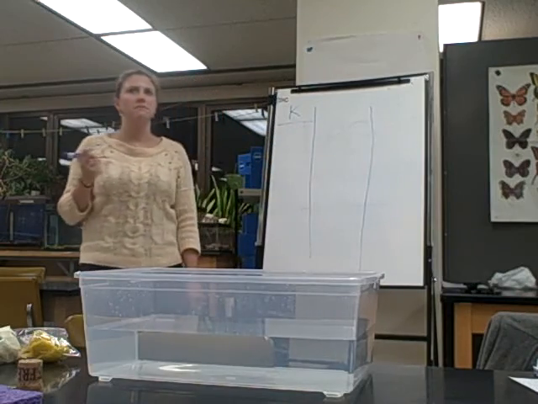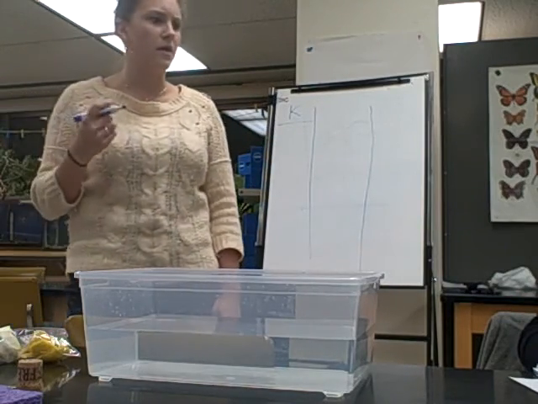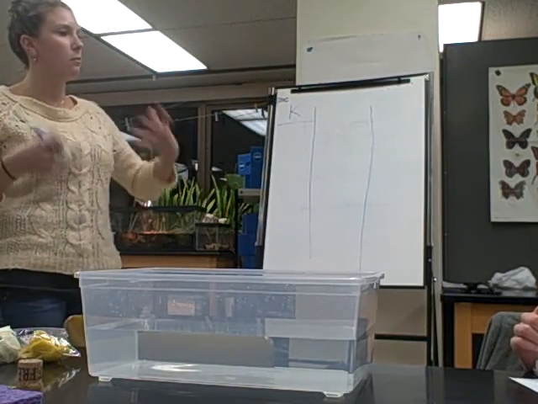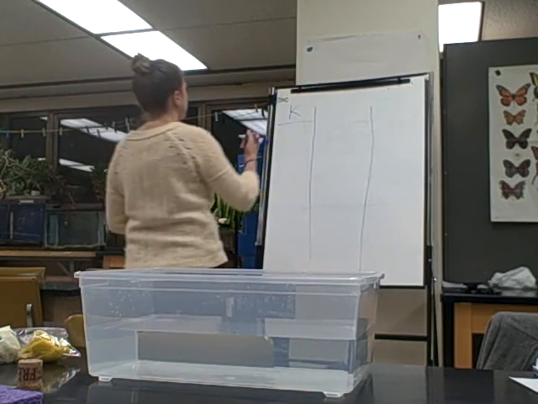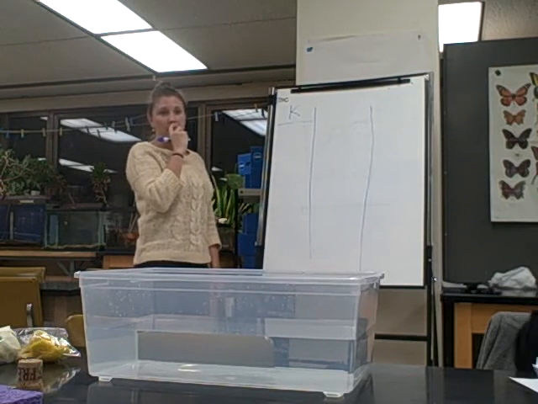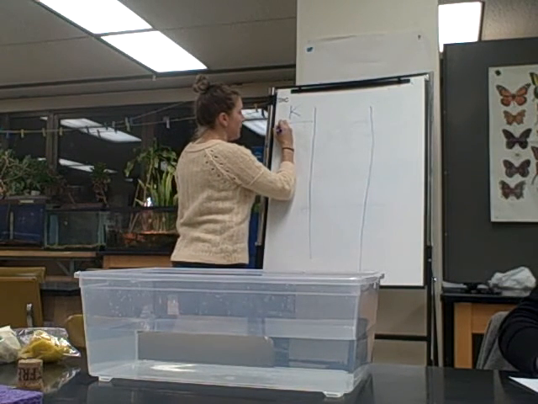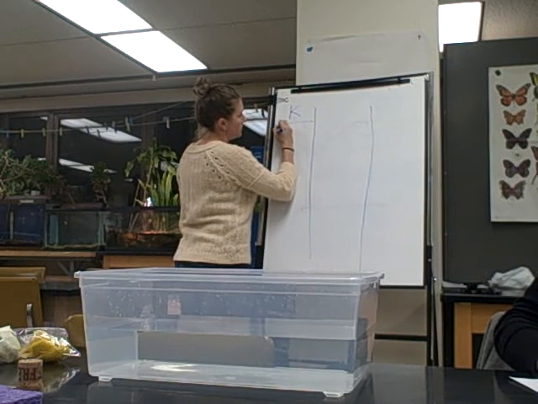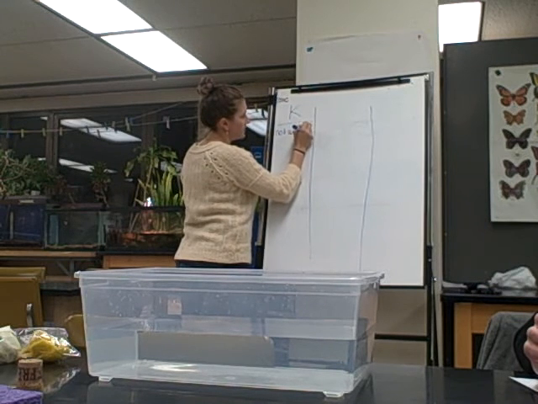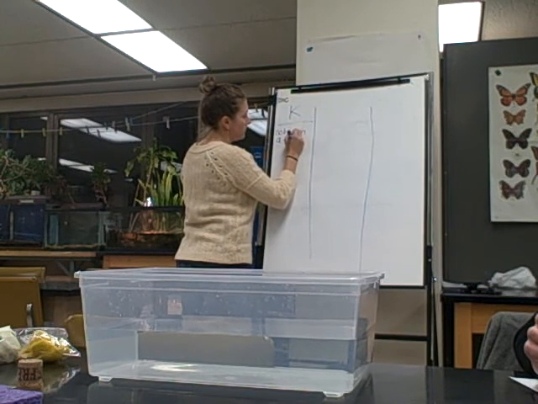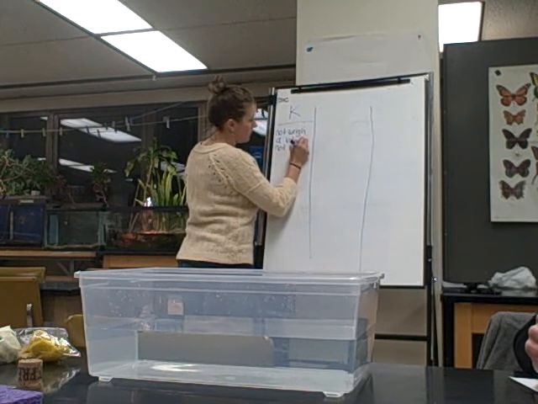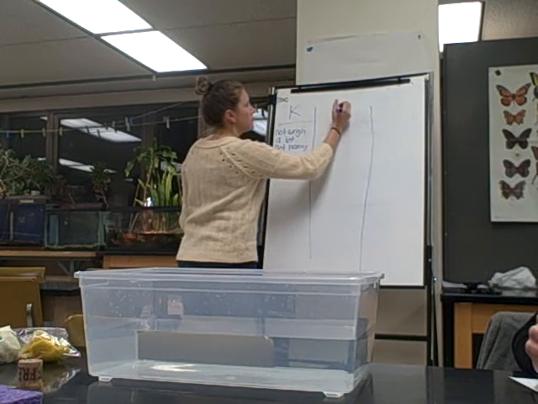So light as in light in color, or are we talking light in texture, how it feels? Like a feather? So you're talking like how much something weighs? Yes, it has to be light. But a boat floats, and that's heavy. Oh, true. So you're saying that it cannot weigh a lot? It cannot be heavy? That's what I thought, but she said a boat floats, and boats are heavy. So,